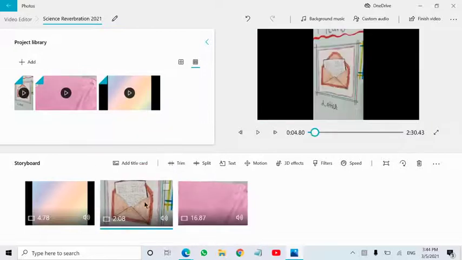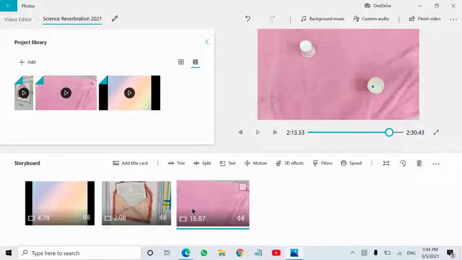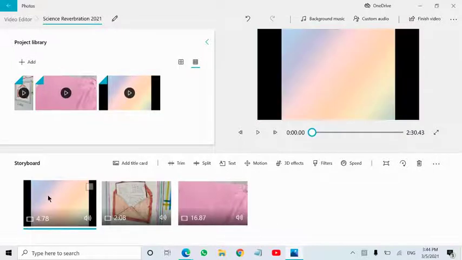So if you are taking the video vertically, in the editing time you will see the video like this, and if you are taking it horizontally, it will be seen like this only, how on YouTube we see the videos. Okay, so wait, I'll show you what I did here.